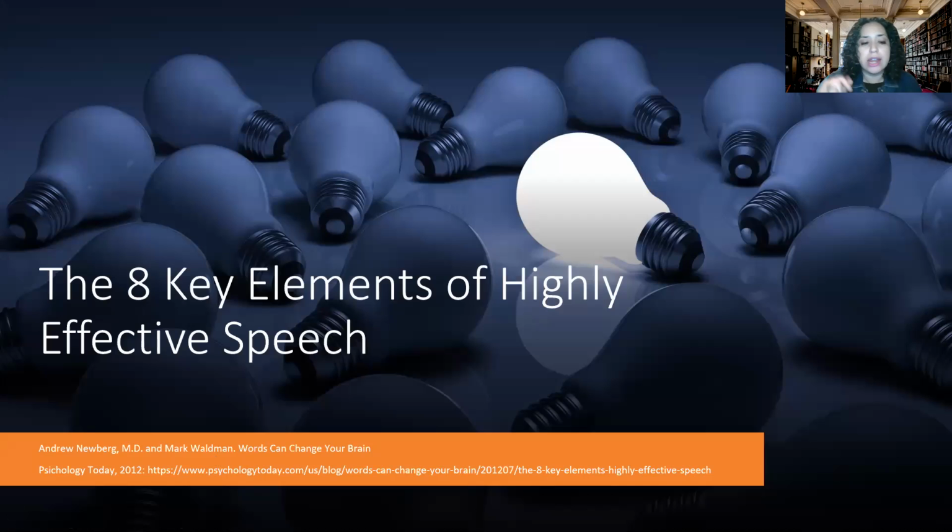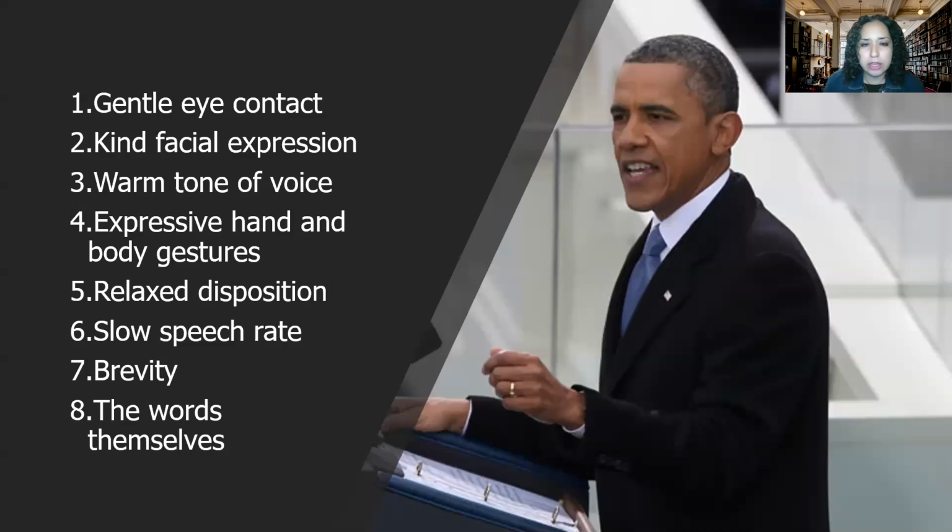They are in the psychology major. They are psychologists suggesting what the key elements are to be able to give the message to your audience. Again, here you're seeing a star next to the web page, so it means that it is going to be included in the recommendations for your homework. Okay, good. So the 8 key elements that they are suggesting are: number 1, gentle eye contact; number 2, kind facial expression; number 3, warm